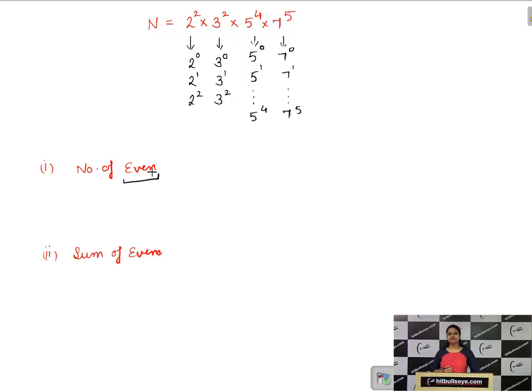What do you mean by even numbers? Any number which is divisible by 2 is known as even number. Or we can say in the prime factorization of that number, at least one 2 should appear. So in that case, 2 raised to power 0 is not a permissible value. Why so? If we take 2 raised to power 0, it will be 1 only. It will not give you any 2. So corresponding to that power, we will get a factor which is not a multiple of 2, so it will not be an even number. That's why we will drop this power 2 raised to power 0.